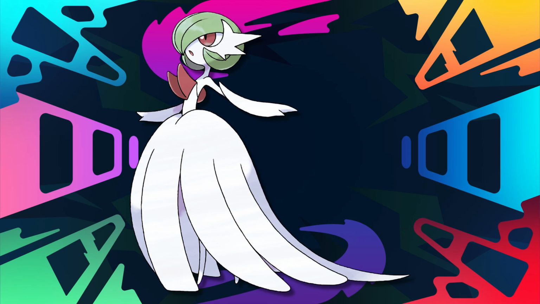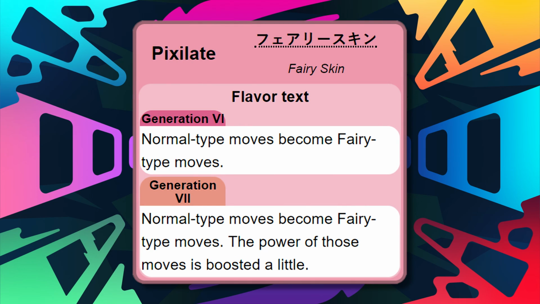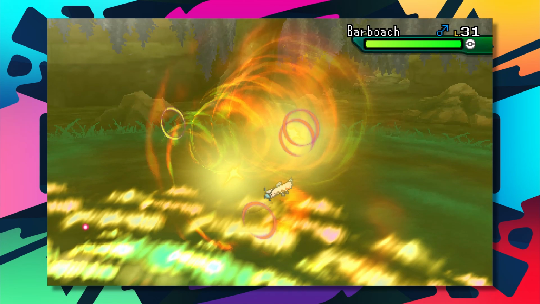However, when it Mega Evolves, it gets even stronger and faster. And the ability it gets, whoo-hoo-wee! Mega Gardevoir has 165 base special attack, 135 base special defense, and 100 base speed, turning into an absolute demon on the special side of things. It has an arguably better ability than either of Tapu Lele's with Pixelate, which will turn all of its normal type moves into fairy moves, and powers them up,